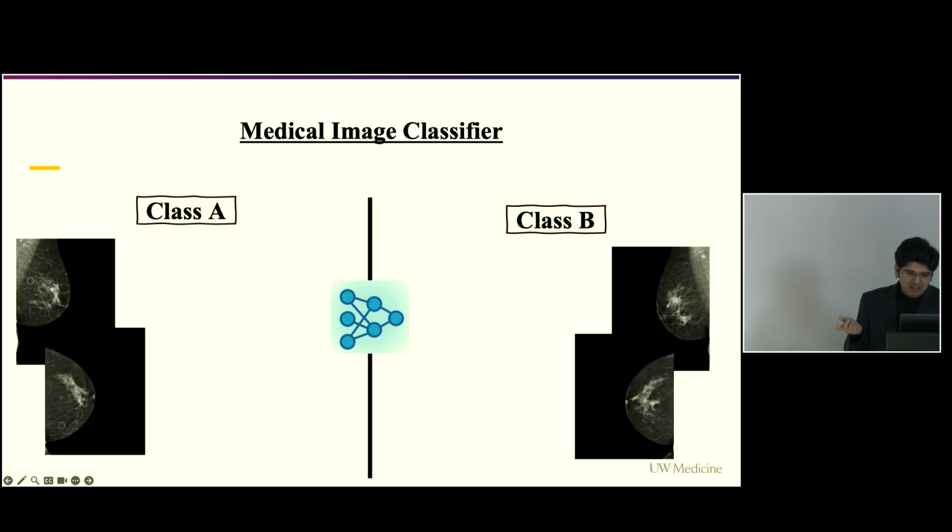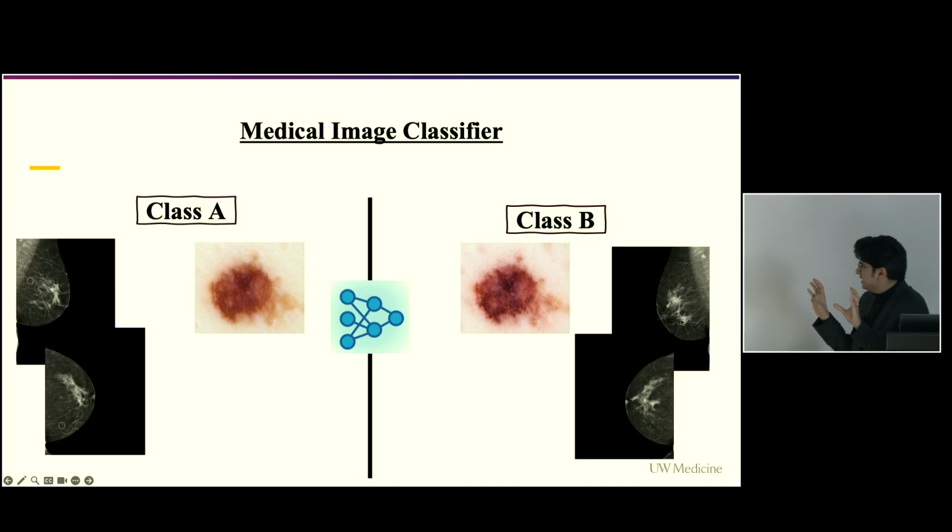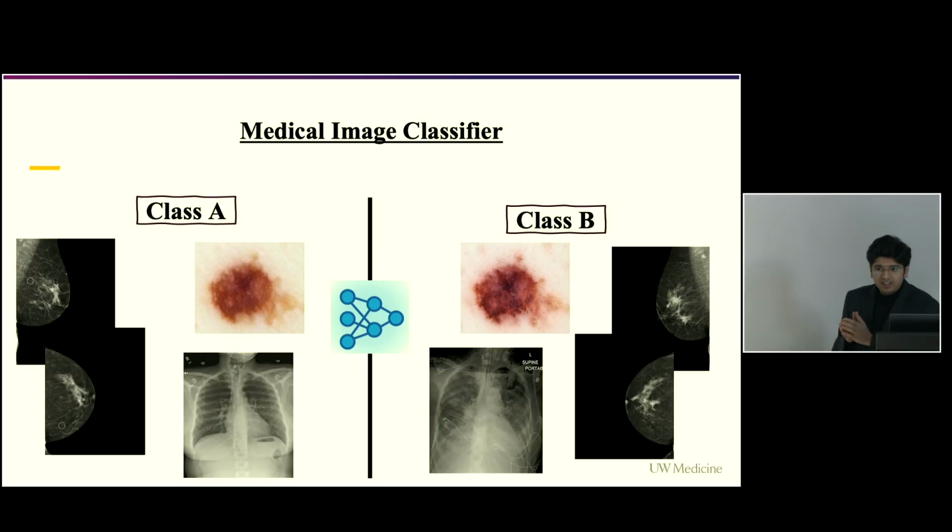Similarly, it could potentially try to classify these pictures of skin, like whether they are malignant or not. So class B is the one with a lesion, for example. Or in the case of chest X-rays, class B is the one with a disease, and class A does not have a disease. So how would we go about understanding the interpretation of this medical image classifier? And I'm not saying this is a generalist model. This is just for our explanation. And of course, the decision boundaries also don't really look like probability functions.